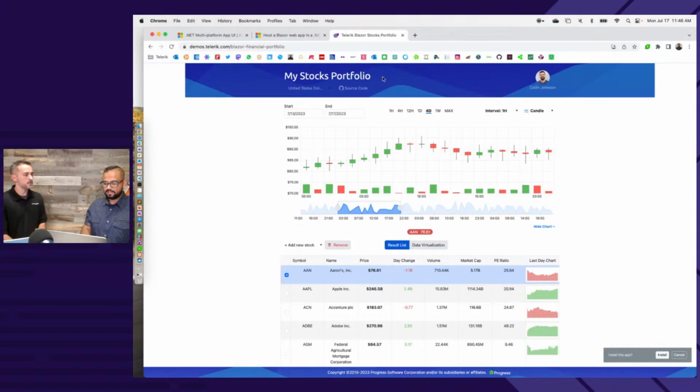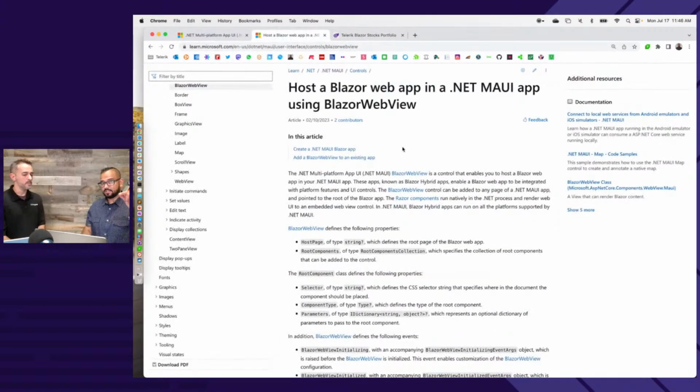Right. So compare that to a Blazor Hybrid app. This is a completely native app, right? It's being compiled down to the metal for iOS, Android, Windows, and Mac. In fact, if you look at some of the latest .NET 8 things, they have native AOT, so it is completely down to the metal as an iOS, Android, Windows, or Mac desktop application, with all of the platform APIs that you want. You don't need to go off somewhere else. You are literally on the metal itself. So Blazor is not running on a server. Your server and the client are the same place. So performance is just that much better because you're running things natively.